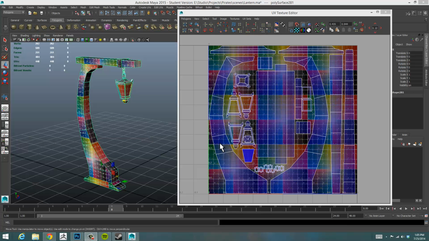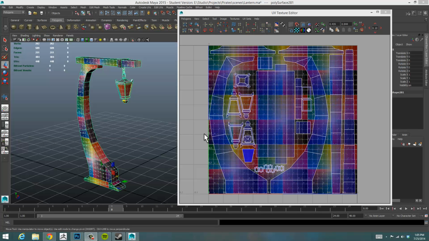Hello. Today I would like to go over how to bake an occlusion map, an ambient occlusion map. Not only how to bake an ambient occlusion map, but also how to get started texturing a model. I've had a few requests for that information, so rather than just doing a quick video on how to get started and do a UV snapshot, I figured I would throw that in at the end of a